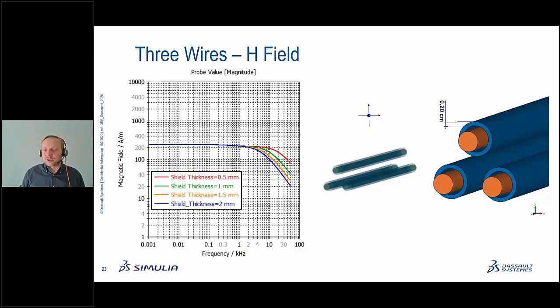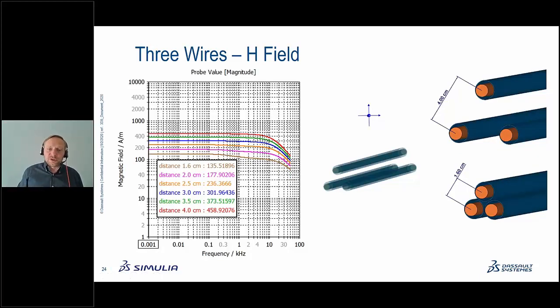So increasing the conductivity is a good way, but of course it's limited at some point. You will not find a material which is more conductive. Then you can also increase the thickness, but don't expect too much from increasing the thickness. One important thing is, of course, that it's not only the shield itself and the current, it's also the arrangement